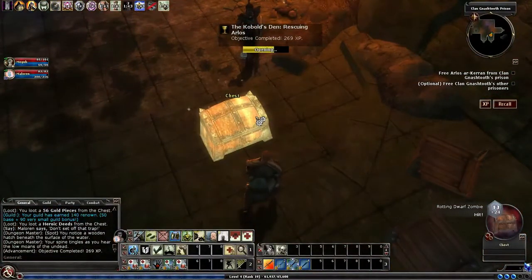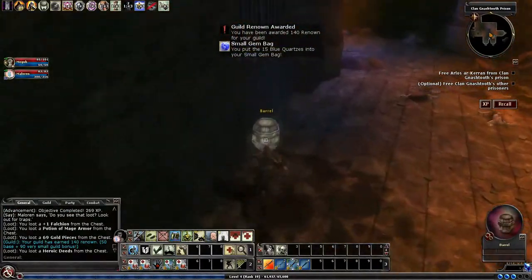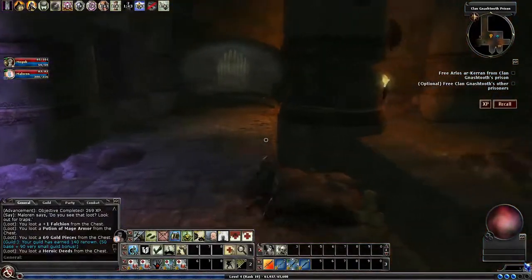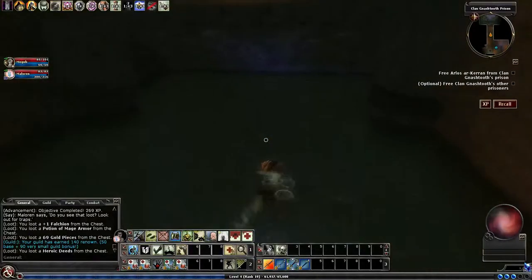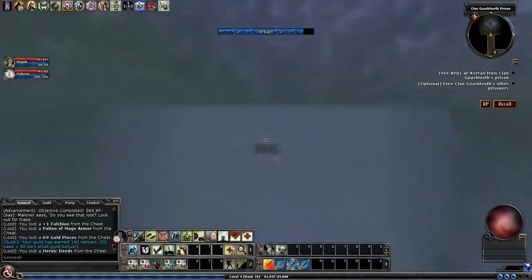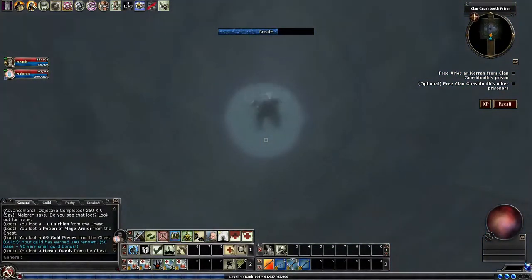Okay. Get the chest. Loot. Barrel. Okay. So make sure you get all those breakables. And then go ahead and return. So this time we will go back up